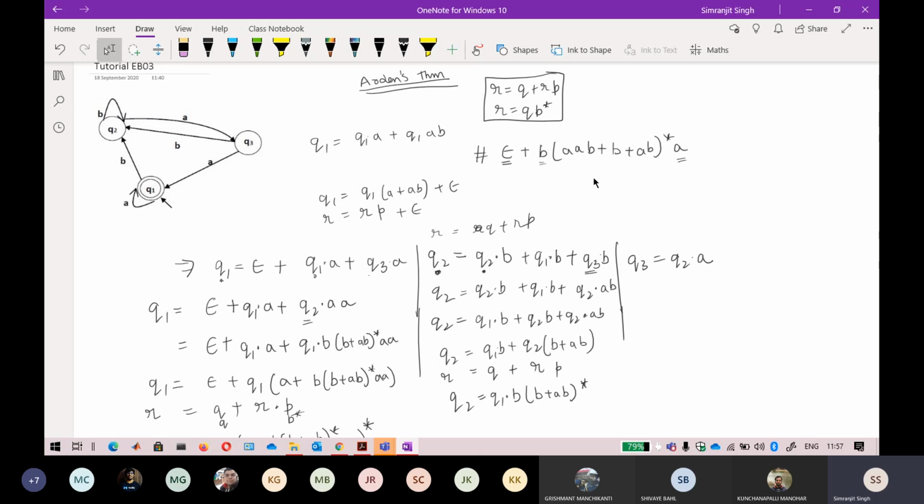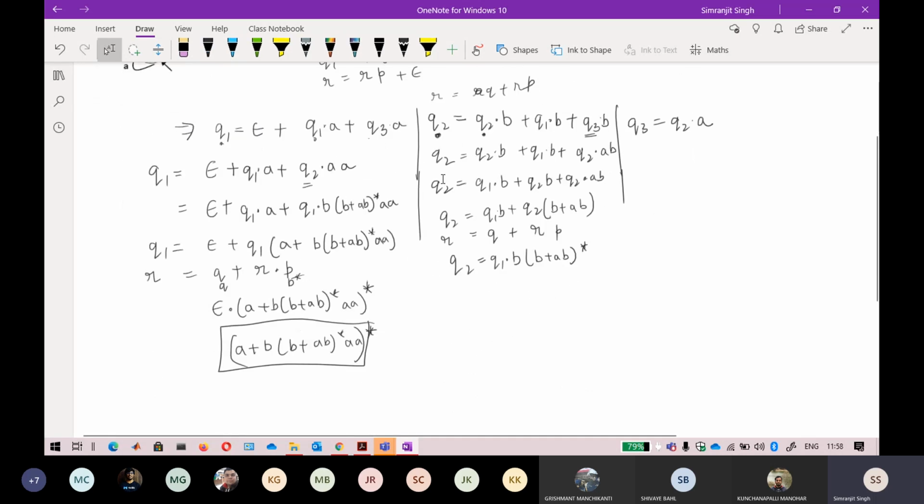I think you made some mistake in the calculation. Okay, so just check the expression again. When you derive an expression, whatever answer you got, you should give it one or more strings to see if you are correct or not. I think there is some calculation mistake here, because BA is not accepted here. Okay, so I think Mayank has also got the right one. So I think there was some mistake here.